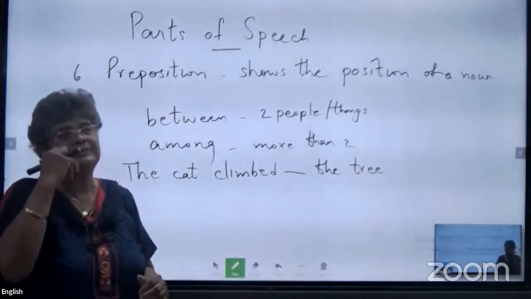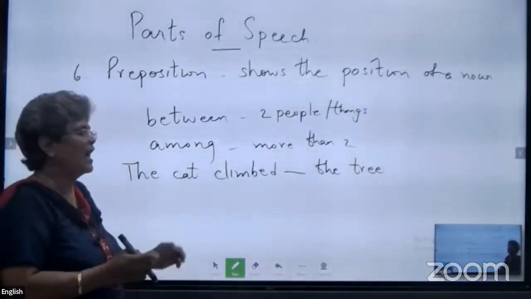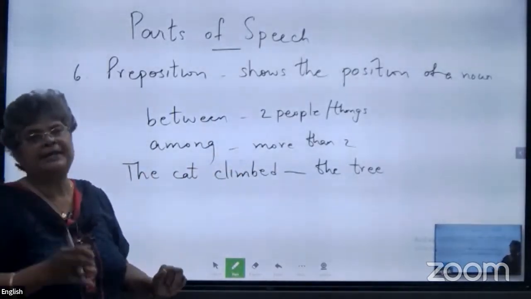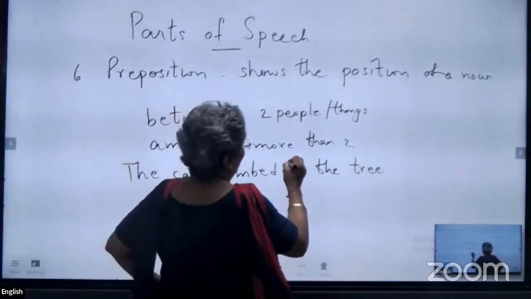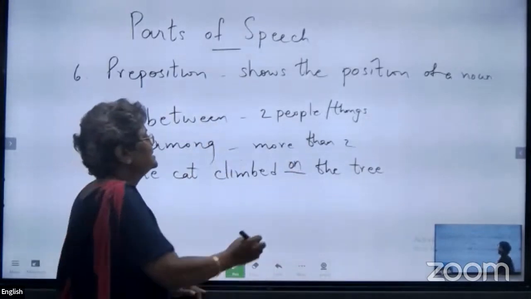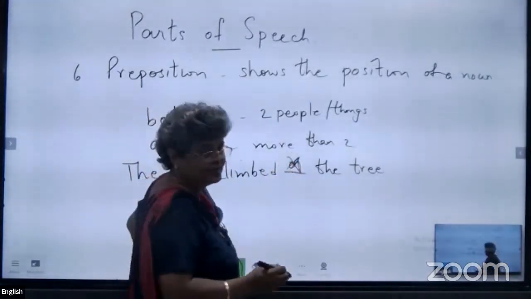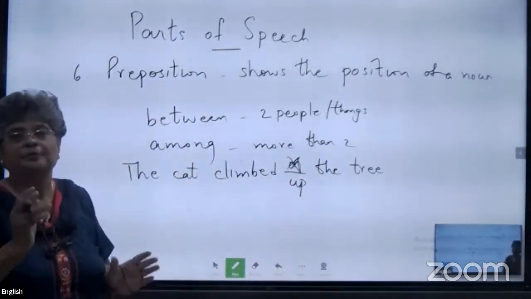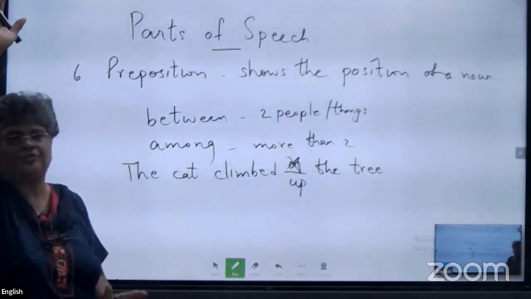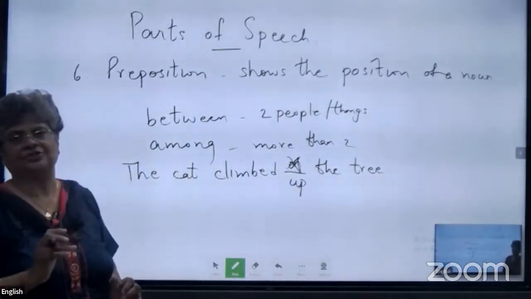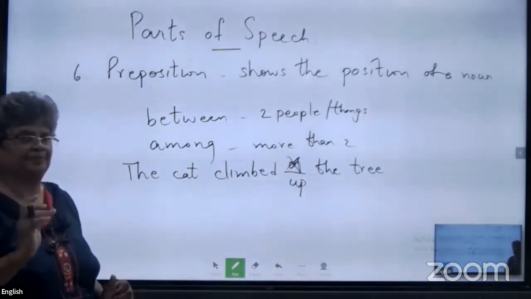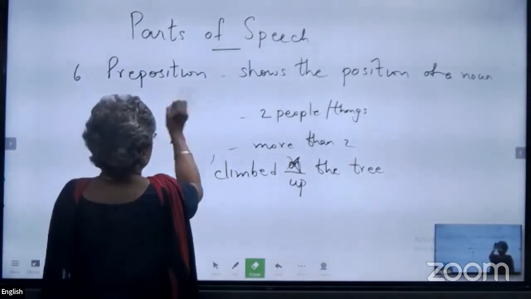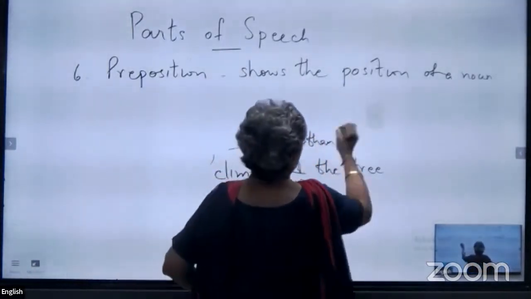This is a common mistake made by the children. When they are asked about it, the cat climbed dash the tree. Immediate answer you get is on the tree. This is wrong. It is not on the tree, but up the tree. The position, it's climbing up the tree. It jumped on the bench, but climbed up the tree. You should know these differences, children. And another thing that most people make mistake is